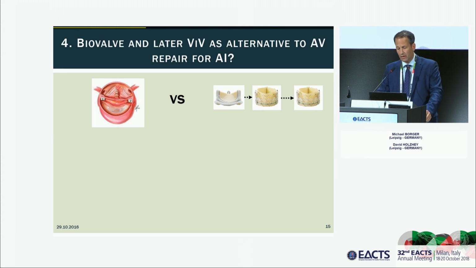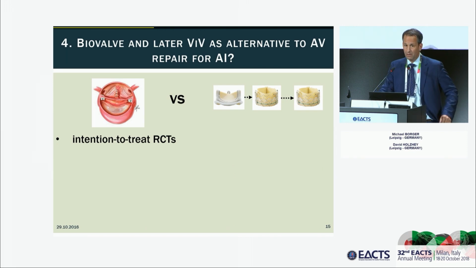Maybe we can argue that these patients should undergo a biological aortic valve replacement or bio-Bentall, with planning for a future TAVI valve-in-valve and subsequent valve-in-valve-in-valve, particularly since these patients have large aortic annuli, and you can frequently replace the valve with a